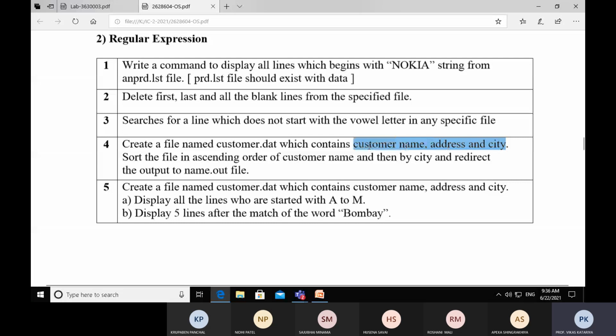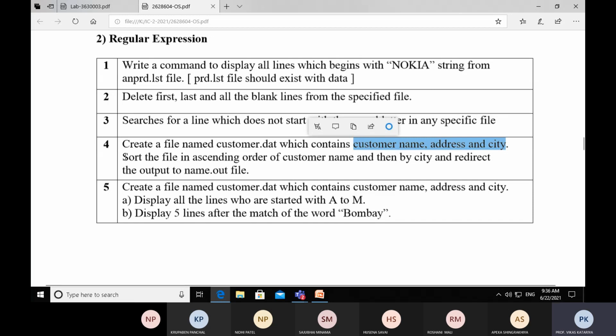These are the fields which we have to mention in the customer.date file. So it should have a customer name, customer address and customer city. Like you create a database, in the same way you have to create a text file here by using VI editor and mention some fields and some records.